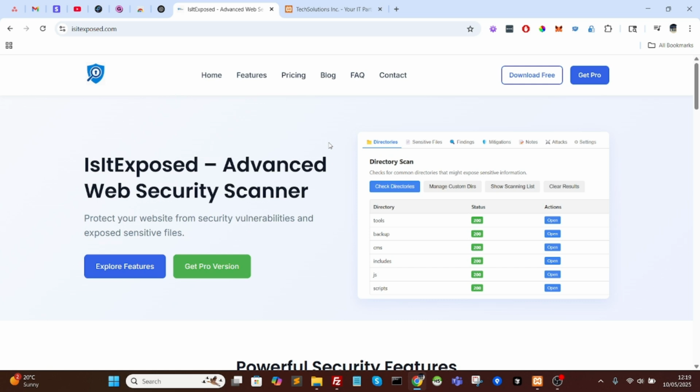Welcome to my channel. In this video I'm going to give you a quick demonstration of the scanning of the IsItExposed extension, what results it finds, how you can view what it's found, and just generally how you would use